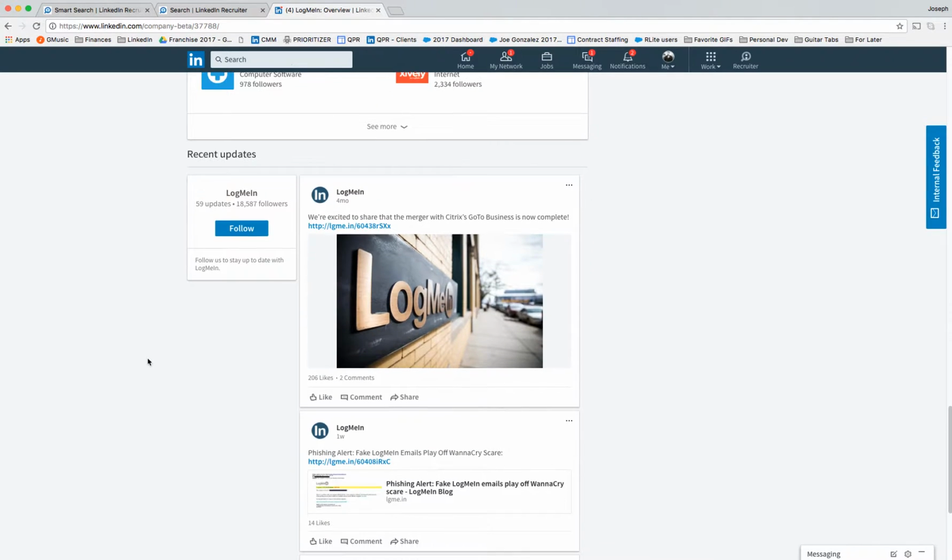And as I scroll down, fortuitously enough, there's actually one of their updates here. Love to see what they're promoting on behalf of the organization. "We're excited to announce the merger with Citrix GoToBusiness is now complete." Right, so this was 4 months ago, around January 25th or sometime around that time. So obviously there's a big, huge change that's happening. There's a story that they're writing today, and I myself, as this make-believe sales recruiter in the Bay Area or in Boston that specializes in what I call game changers,